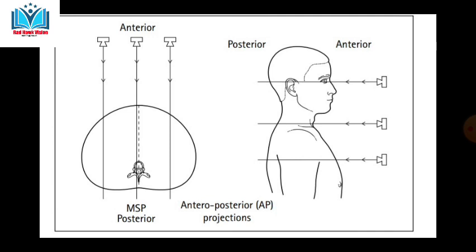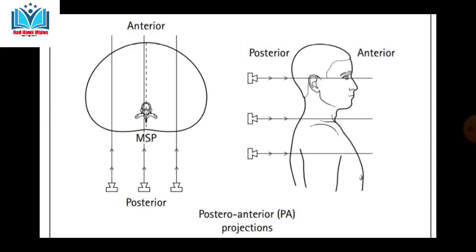We have an axial image, or transverse image. You can see how the X-ray beam is projected from the anterior to the posterior. Okay, next